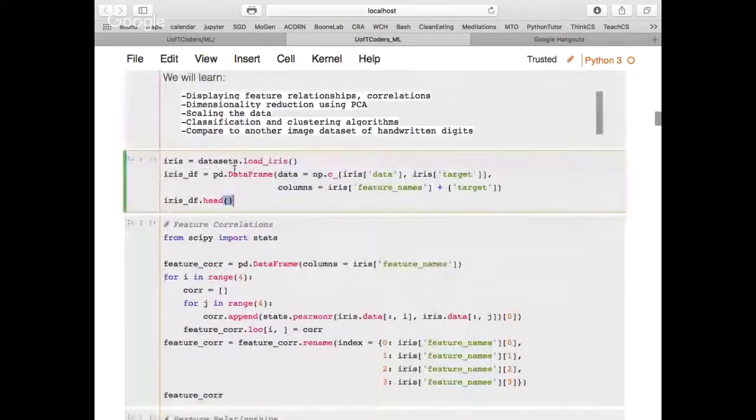So first, I'm using scikit-learn's datasets. If you take a look at the documentation of the datasets module, there are a lot of different kinds of datasets, and I'm loading the data with this function. When I load this dataset, it's in an object called scikit-learn's datasets, and it's really difficult to manipulate. So I'm turning it into a pandas data frame. So what a pandas data frame looks like is basically